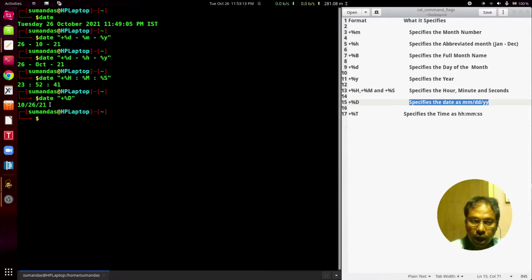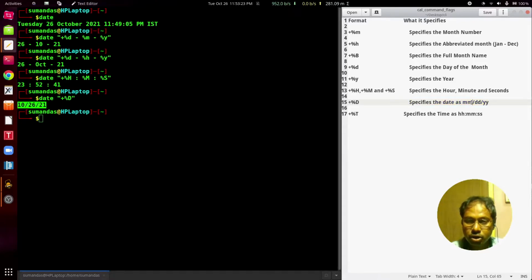So the current date would be the output 10/26/21. Remember, the first two digits mean the month, the second two digits are the date, and the third two digits are the current year.